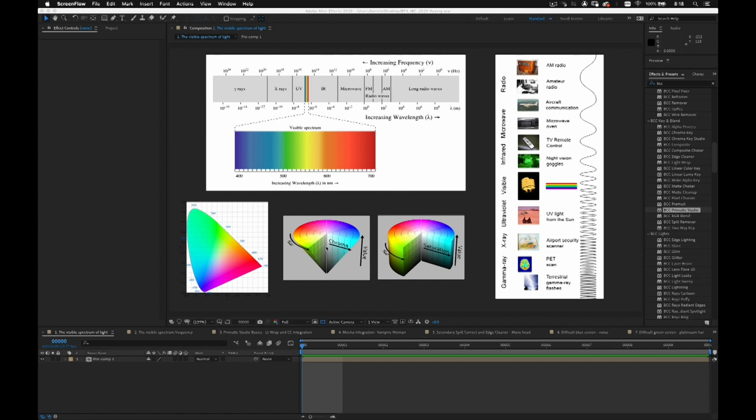And really importantly for us, going out from the center of the cone to the edge is chroma. So chroma is also referred to sometimes as saturation. They're not exactly the same thing, but they're very similar. So with that, let's go over into the next comp, and we're going to start working with what is called